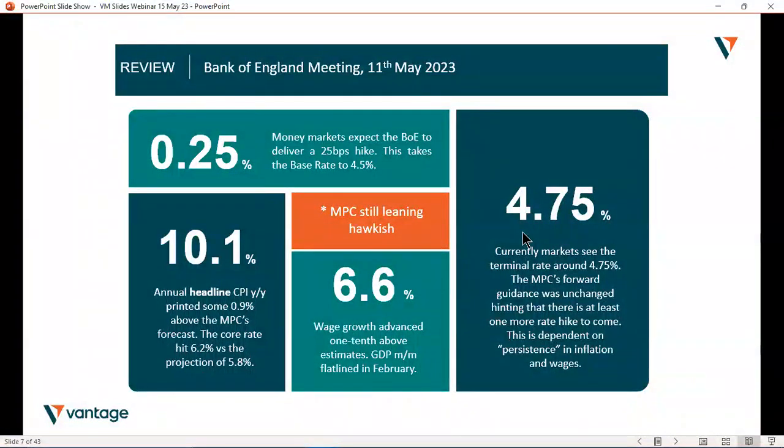You can see terminal rate 4.75%, I think just a touch higher than that. So one more hike at least to come from them. That's what money markets think, but dependent, of course, on that persistence word. Gives us a good lead into